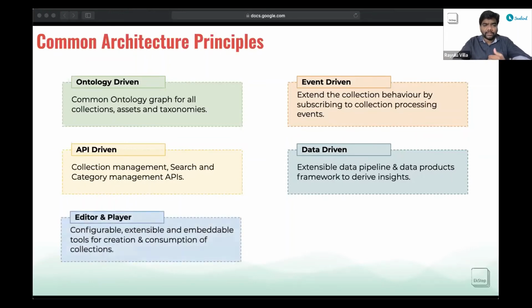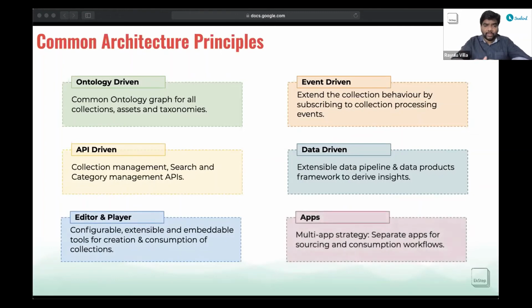Then we have editors and layers which are configurable, extensible, and embeddable in other apps for the creation and consumption purpose. Then this multi-app strategy is followed where there are separate apps for sourcing and consumption workflows.